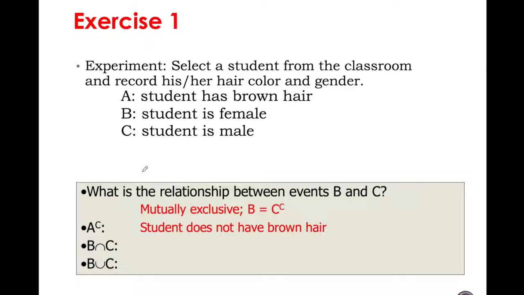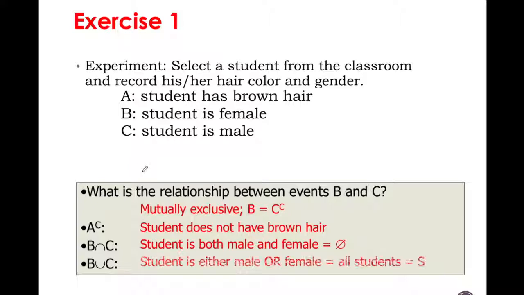And in the meantime, B intersection C, do they have any? So the student is both male and female. So I mean to say that, let's say the number of female students is 20, the male is 20, so it's going to be 40. And B union C, so in this case the student is either male or female. So it's going to be all